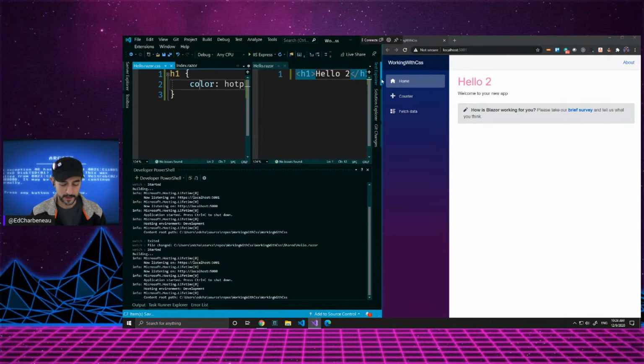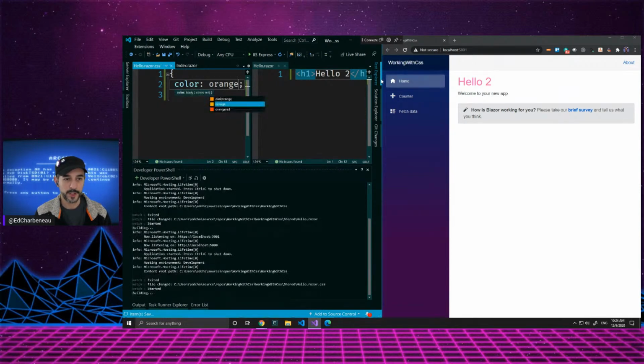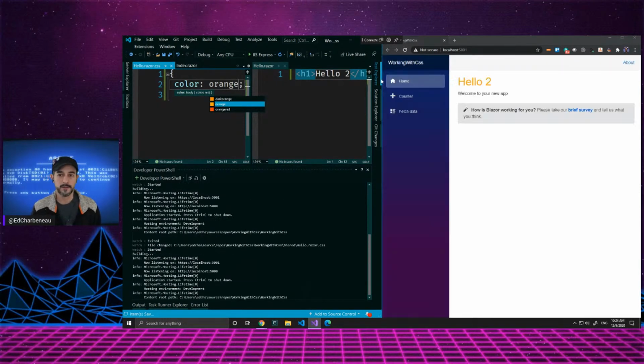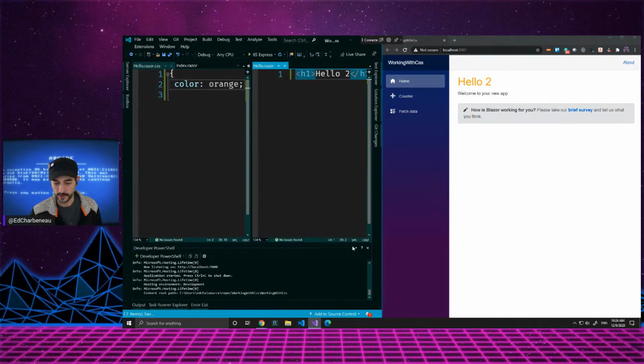Let's try the color now. So we were hot pink. Let's try a nice orange. And when I save that file, it has already reloaded and changed that color for me. So this is really important for CSS isolation. So that was a great